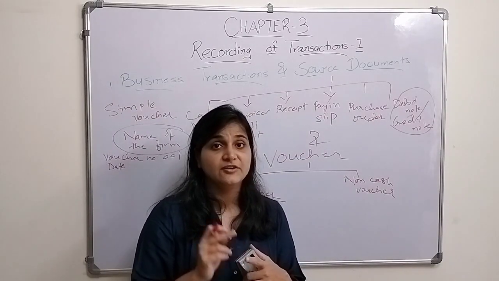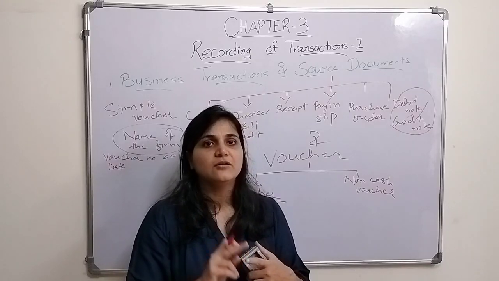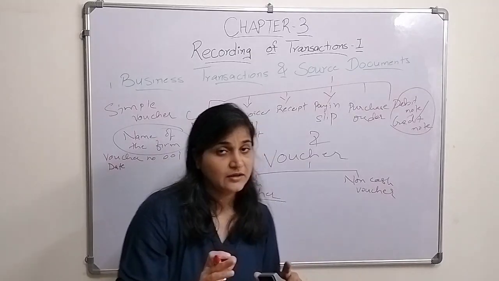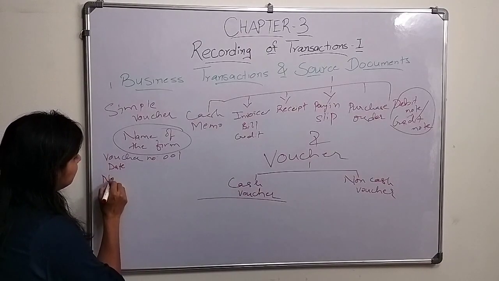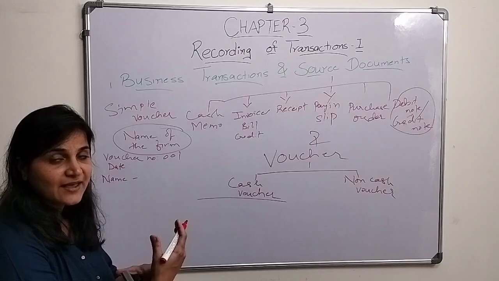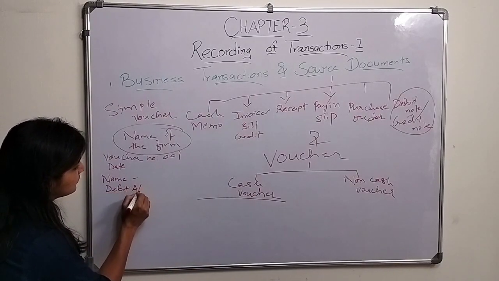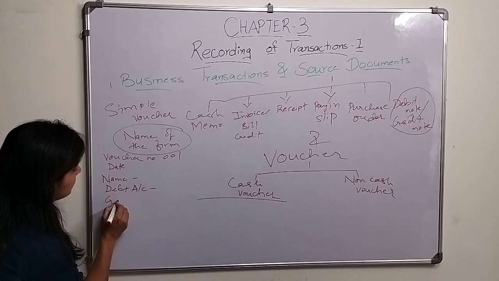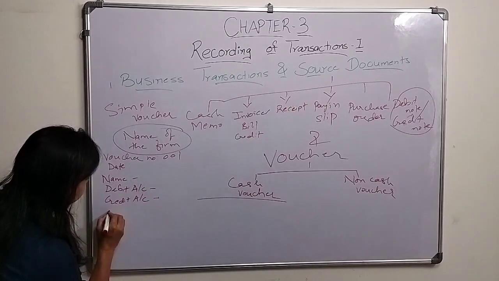Mind it, the date on which the transaction has occurred is to be recorded, and not the date on which you are recording. Okay, so the date will be there, the name of the person to whom the transaction has occurred, there will be a debit account and there will be a credit account. Okay, then the amount,